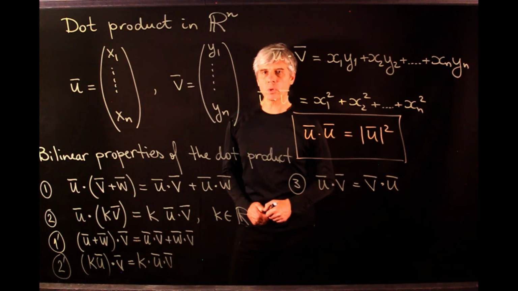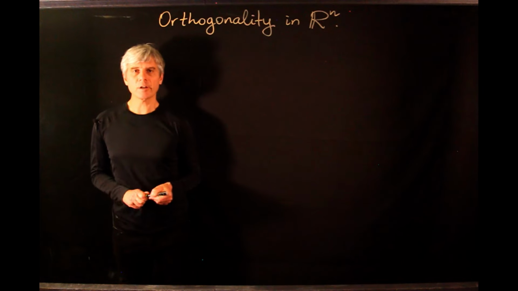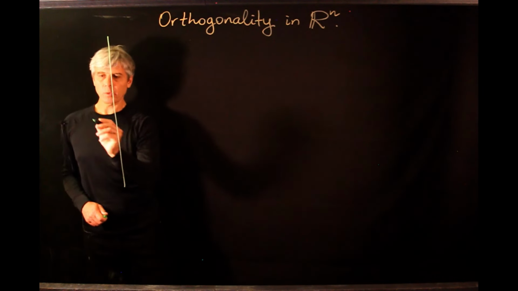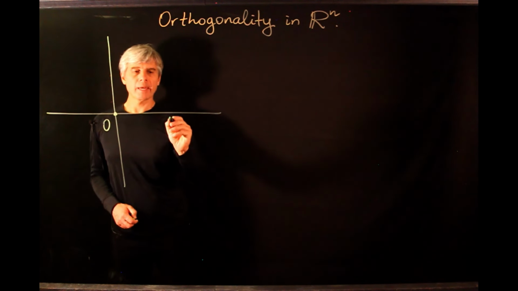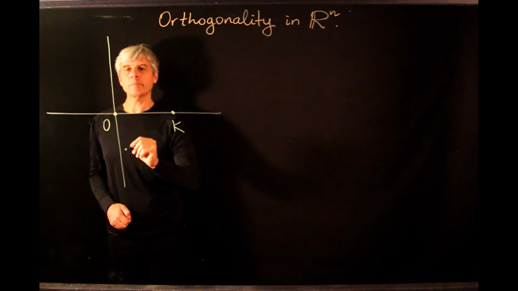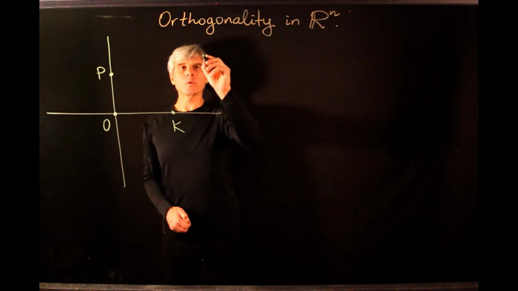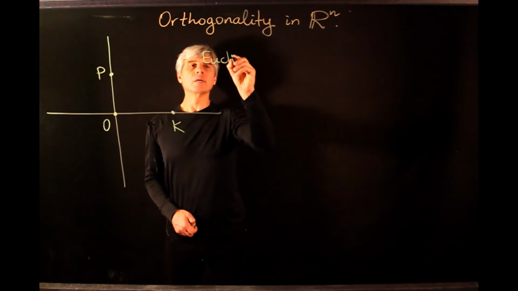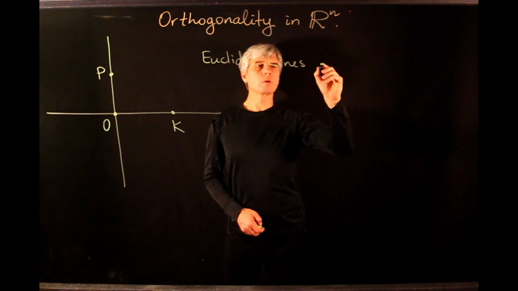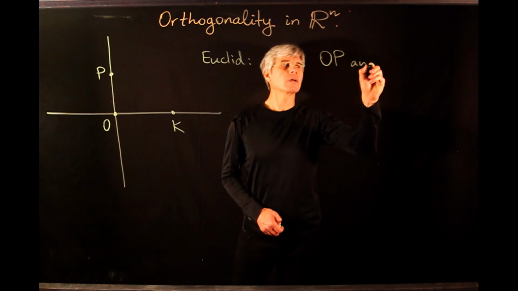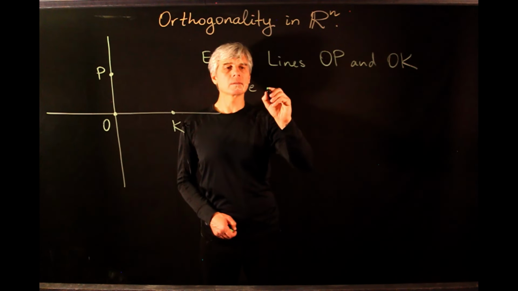Next, we're going to explore a connection between the dot product and orthogonality. How does Euclid define orthogonality? Suppose we have two intersecting lines, and suppose they intersect at a point O. And here we have a point on one line, P, and a point K on the other line. So according to Euclid, lines OP and OK are orthogonal or perpendicular